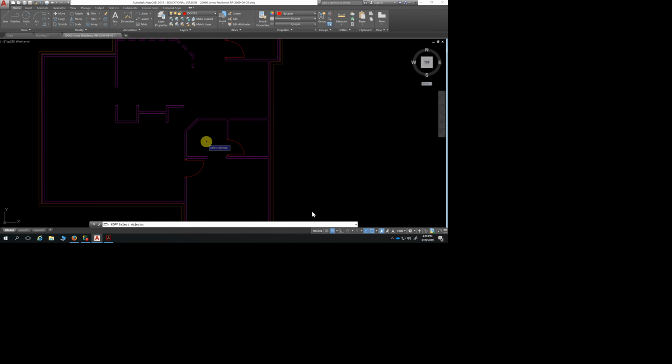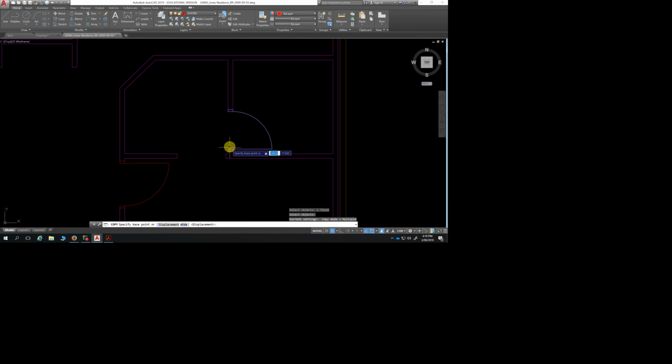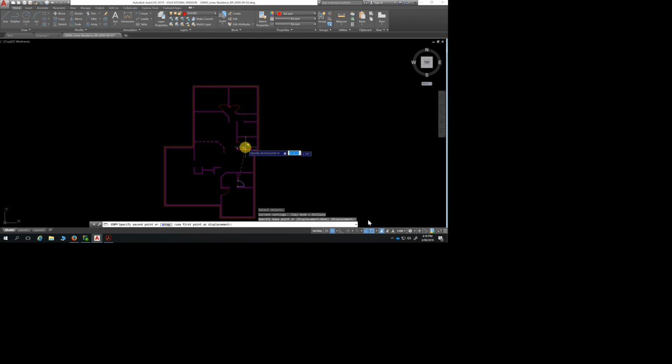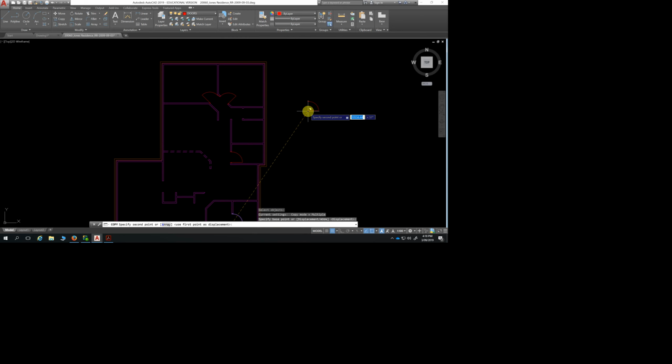So we copy, select the item we want to copy, enter, and we are going to pull that item and bring it near to the top. So let's just pull it outside. Okay, let's place it here. We are going to put it into the bathroom and the guest toilet. So that's door number 6 and 7. Would you agree? So with number 7,